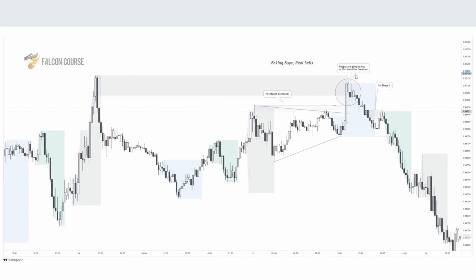So just like I said here, they might ask as a retail trader, oh, we've got a resistance breakout, so we're going to buy. We have a trend line breakout, so we're going to buy. But they all end up getting liquidated. Their stop losses are probably at this low here, and they get taken out, okay? And the manipulators win, and it's a successful trade because they were able to trap the masses, okay?